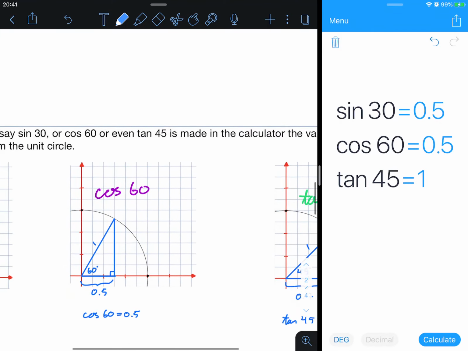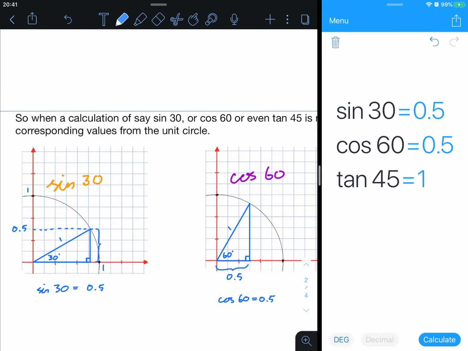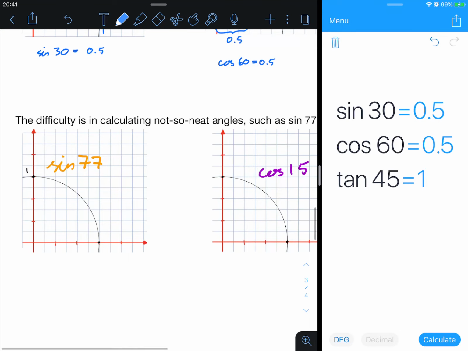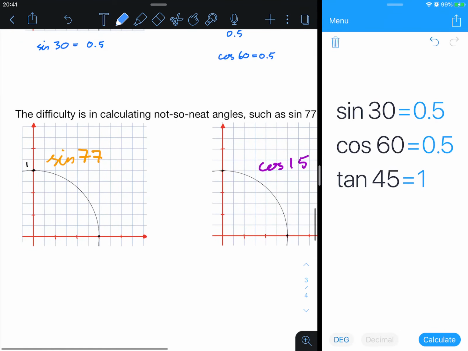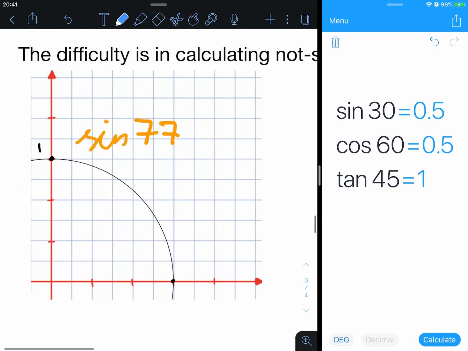I hope you picked up that I picked these values because they're very easy to measure. But the difficulty is now, what happens if we have not so neat angles? So sine 77, when we type this into the calculator, the brain of the calculator draws up a unit circle, draws a 77-degree angle. It's about here. It draws the perpendicular height,